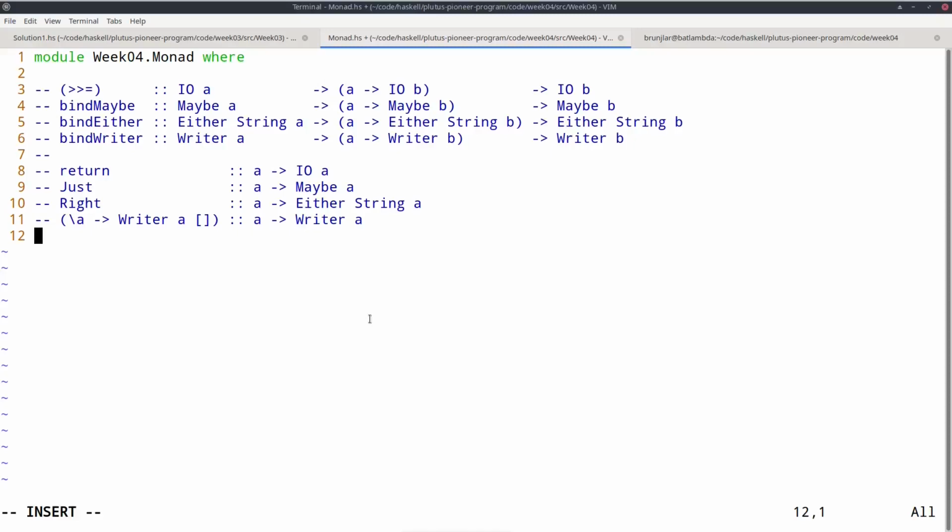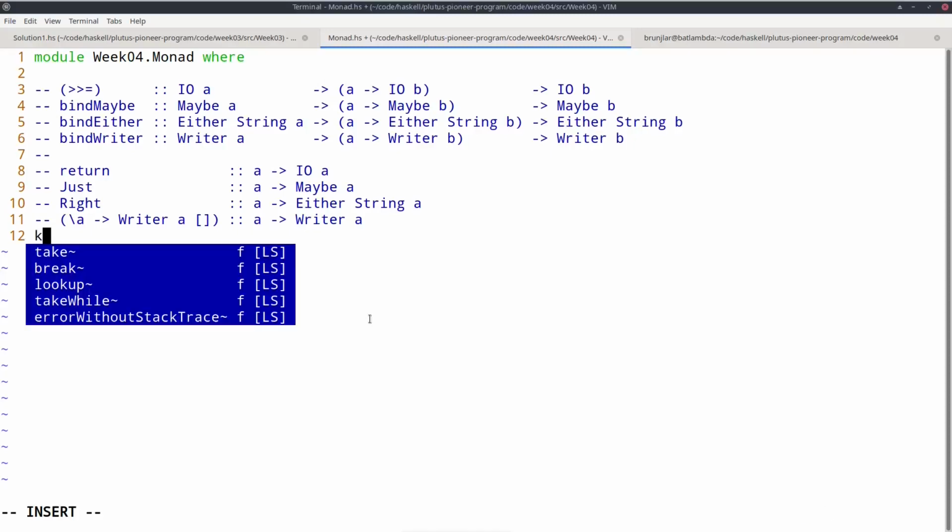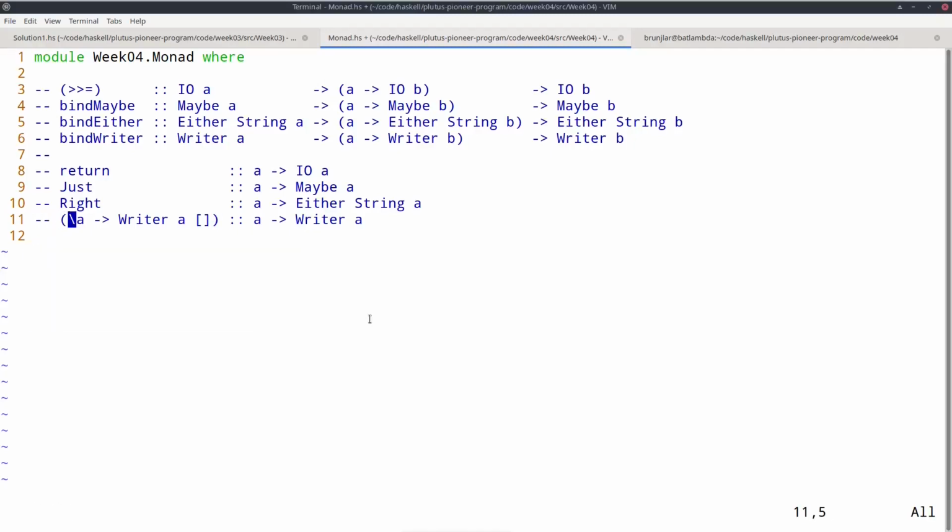Finally, for Writer, there is no short way to write it down. We could, for example, define a function, returnWriter or something, but I just wrote it down here as a lambda term. So given an A, we just produce Writer A with an empty list of log messages.